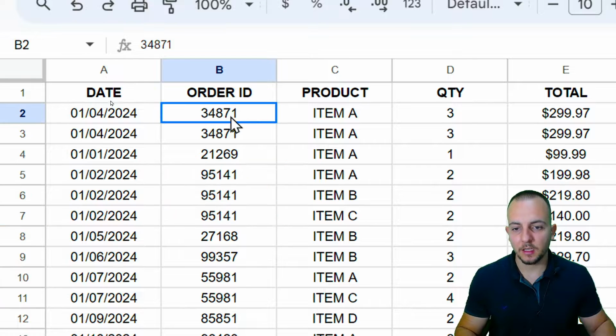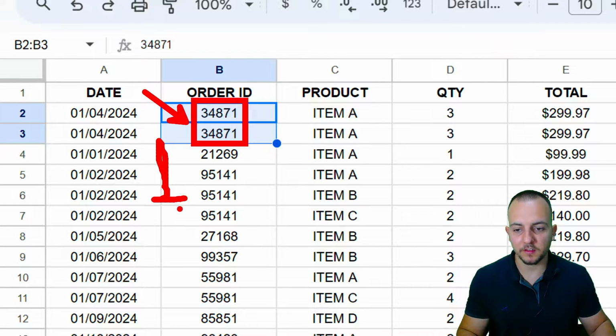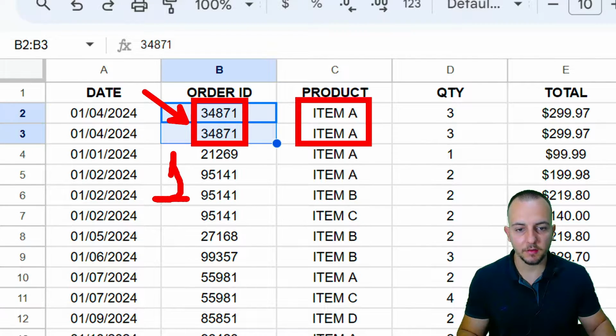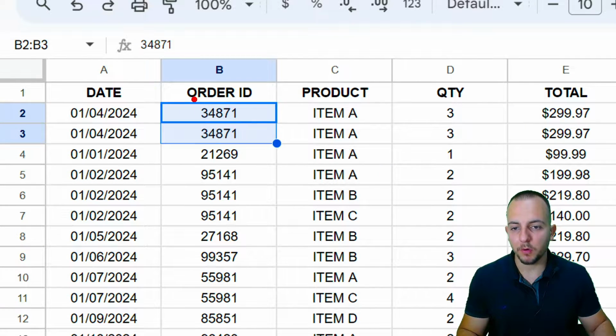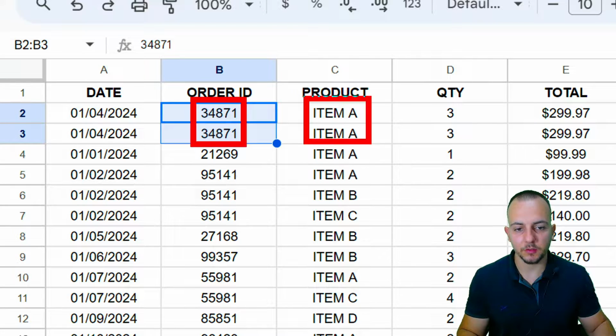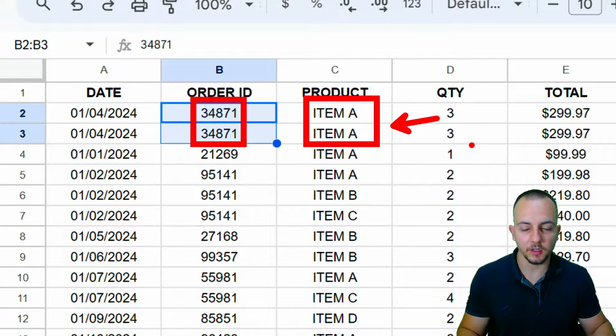But if I take a look here on those 2 first numbers that I have, it's being repeated again. It could be a problem, as I said, but I need to check first my first criteria and then the second one. My second criteria right here, the products, now is a problem because they are equal to each other. So because both the order ID and also the product are equal to each other, yes, I need to highlight